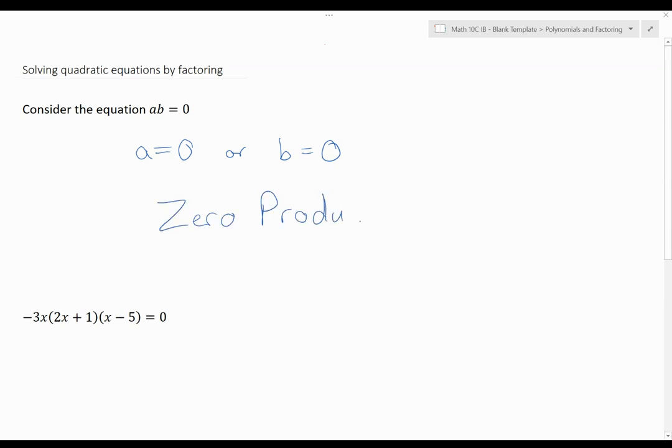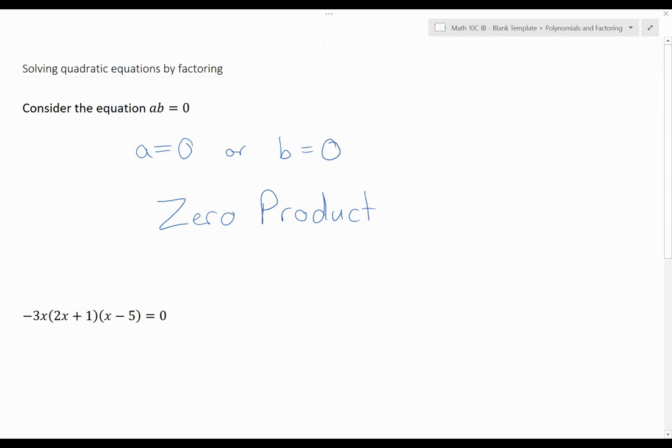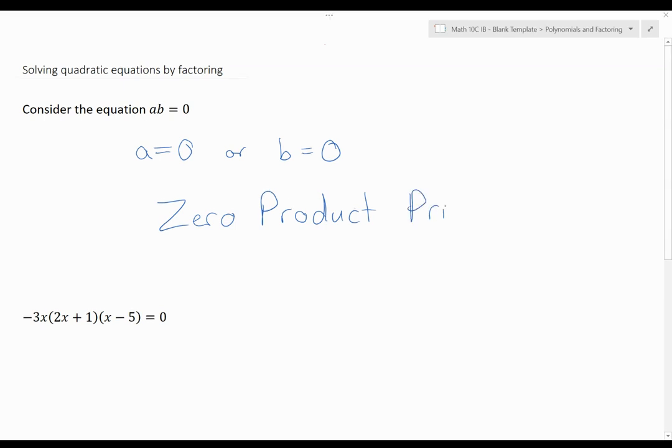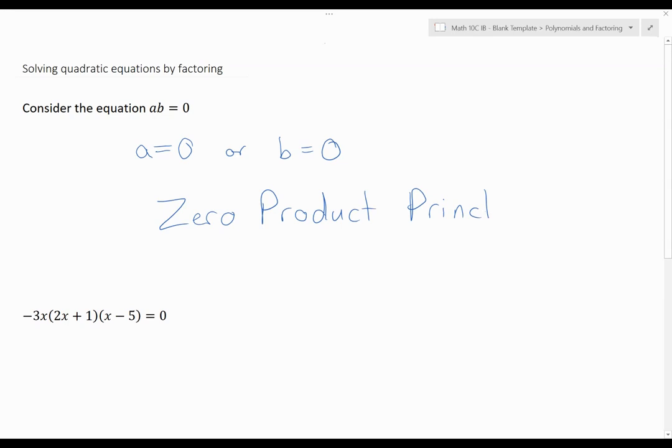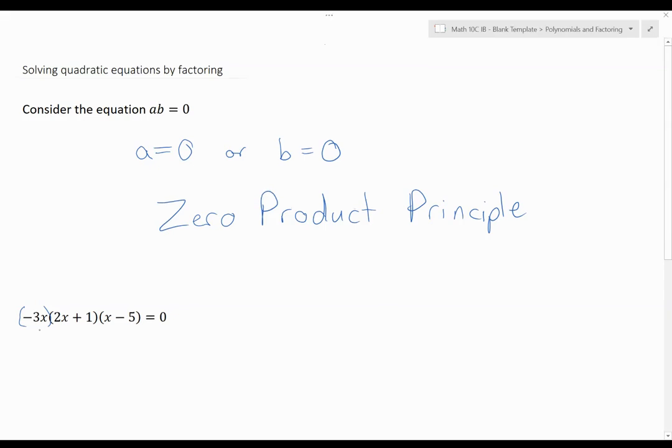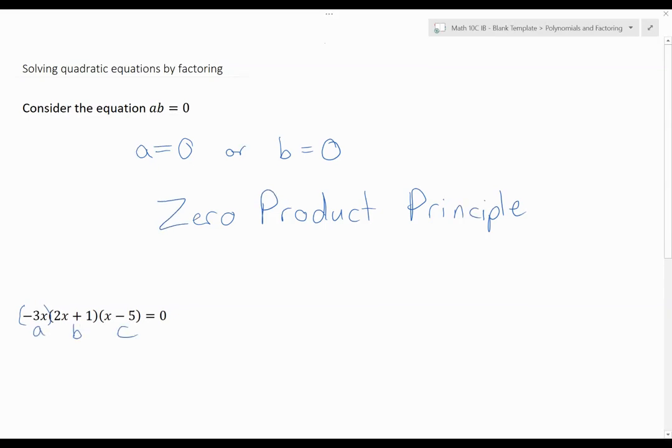This is why expressing polynomials as factors can be quite useful. Because if I consider the equation below, now this isn't technically a quadratic equation, it's actually cubic. But what I have here is the product of three factors, kind of like A times B times C equals 0. But the same principle appears. All three of these factors are different, so they can't all be 0. But because when I multiply these three things together, I get 0, I know one of three things must be